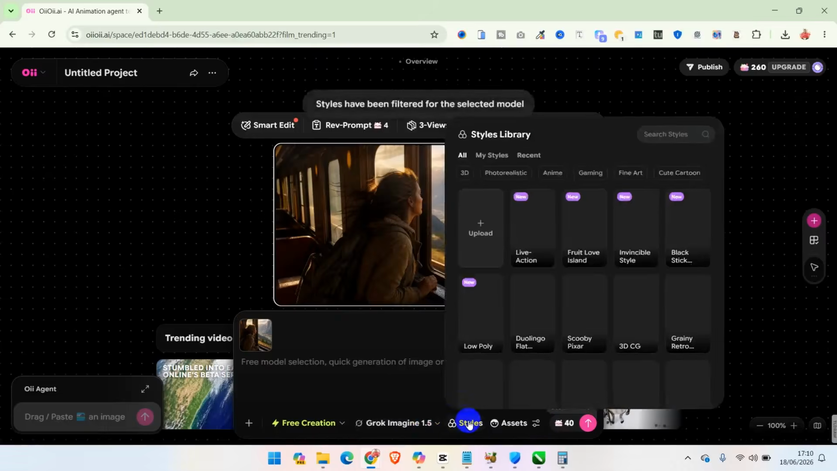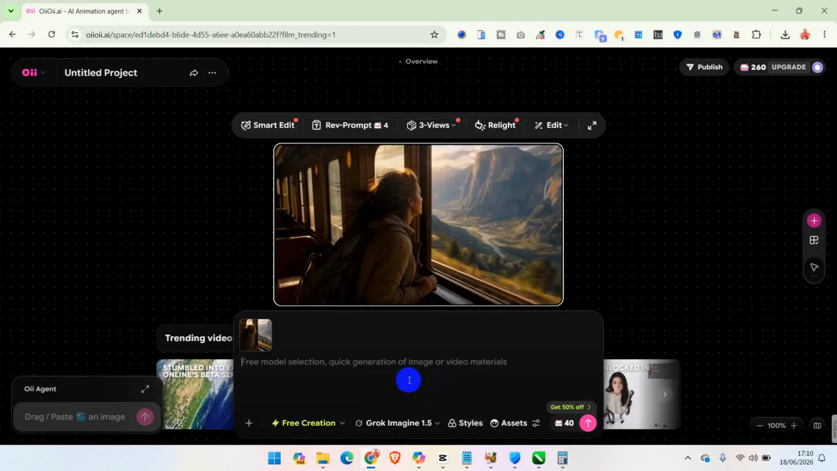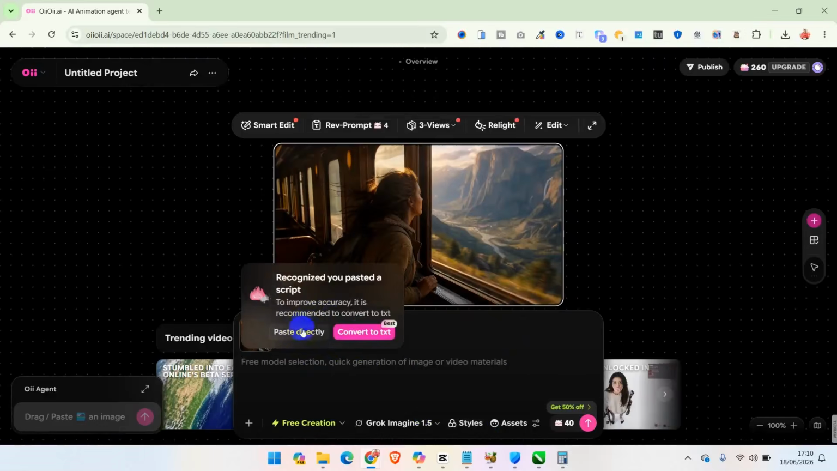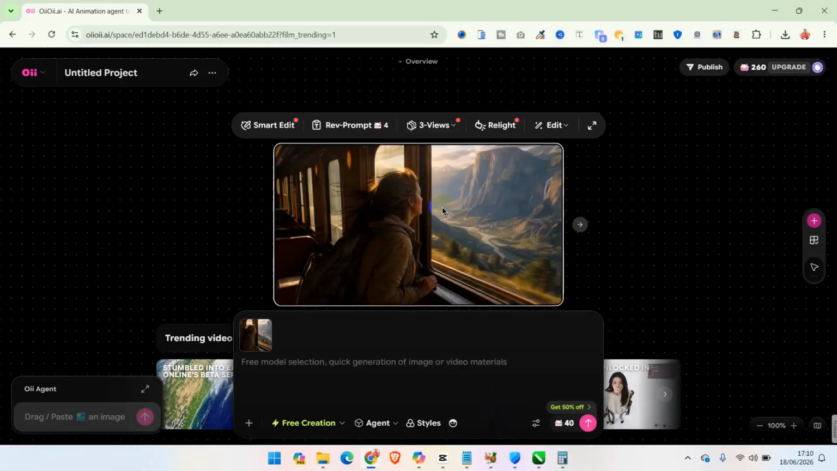Now on the style, you can decide to choose the style you want to use, but I'm not going to choose any style. I'll paste in my prompt here. So this is the thing. As I pasted my prompt, it started telling me it's best I convert it to text. So if I should convert it to text,